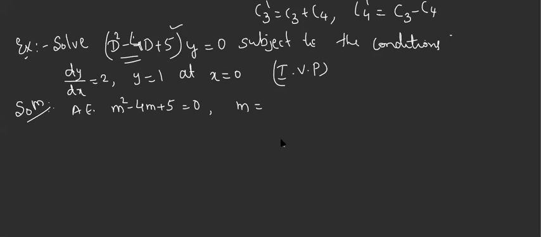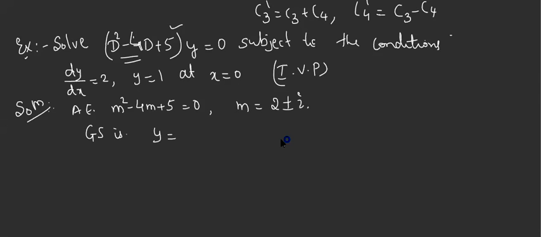I don't think so. 1 and 4, if you multiply, you will not get a 5. You cannot split. You should go for the general format. I think you'll get complex roots. Check. 4 ones are 4, but I want a product to be 5. 2 plus i, 2 minus i. 2 plus or minus i.